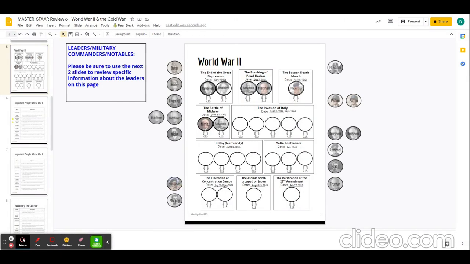All righty, moving along to the invasion of Italy, September of 1943 to September of 1944. This was the beginning of the Allied invasion of the continent of Europe. It was the soft underbelly of Europe, where the defenses from the Axis forces were kind of at their weakest. And so that is where the Allied invasion will begin.